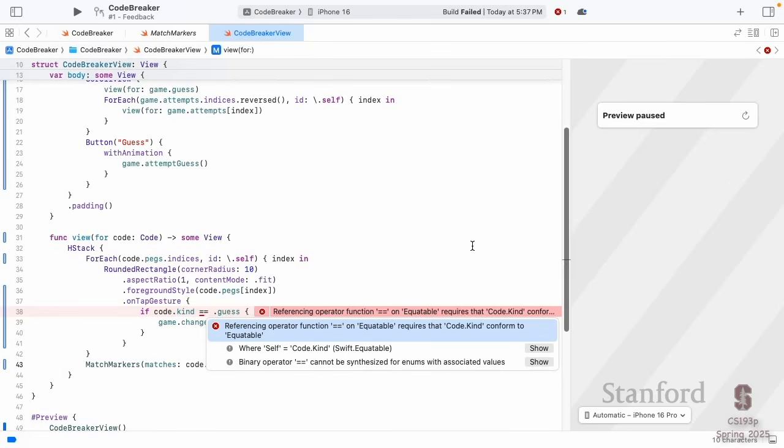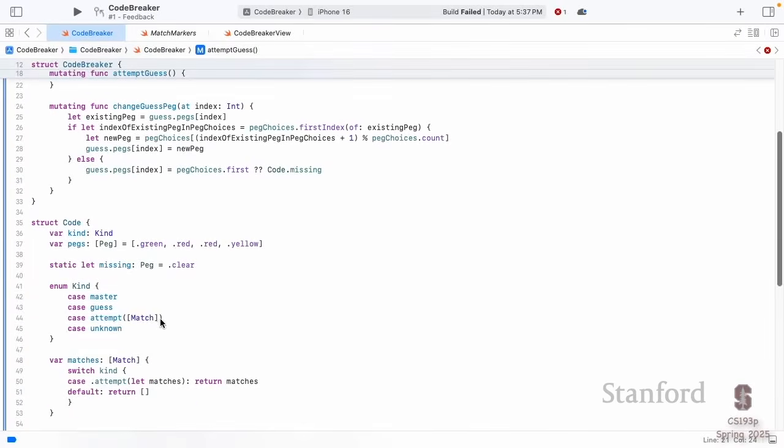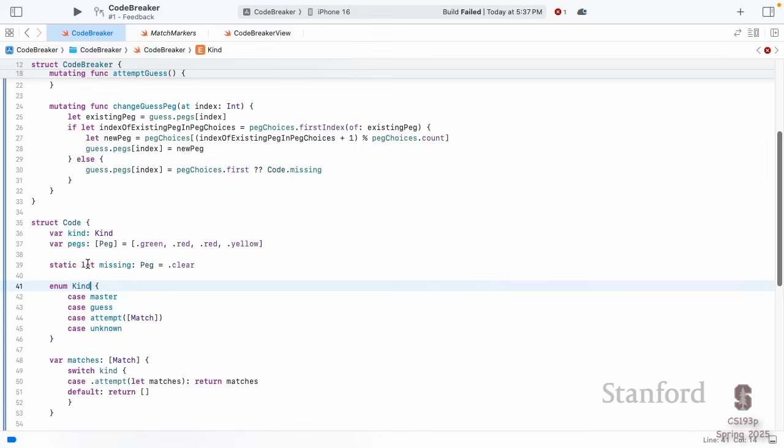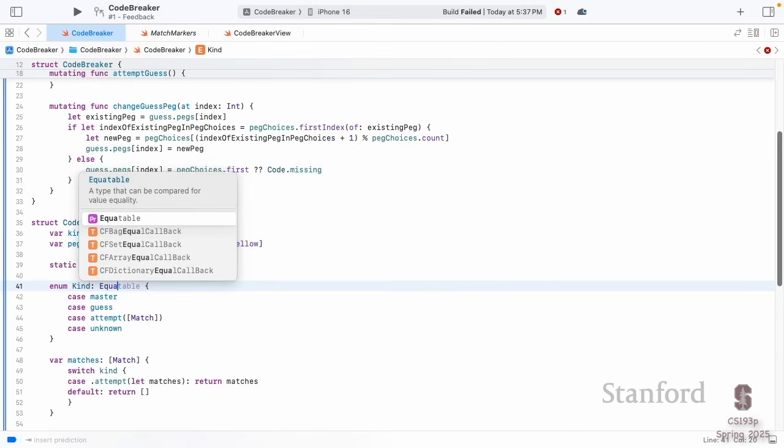Well, that's because if you have an enum that has no associated data, you automatically get equals equals. It exists. It's just the compiler is doing it for you behind the scenes. But once you add associated data to an enum, the compiler stops doing that because it's not sure whether an attempt that has the same matches really is equal, because it just doesn't know enough about what the associated data is. But you can ask the compiler to keep doing it by going to your kind enum right here, and saying,